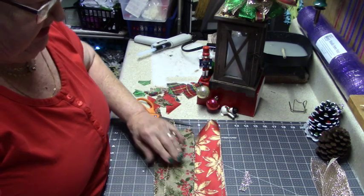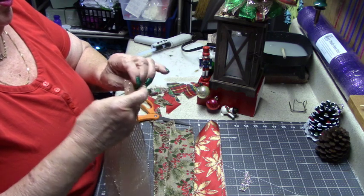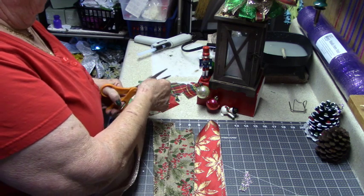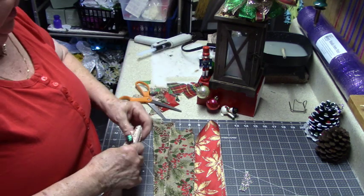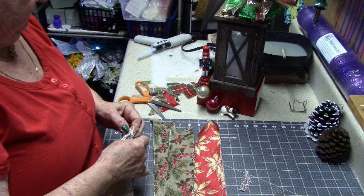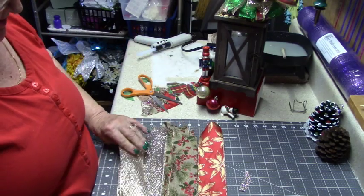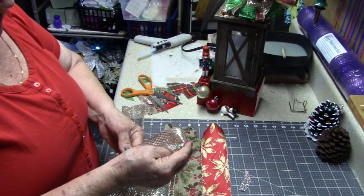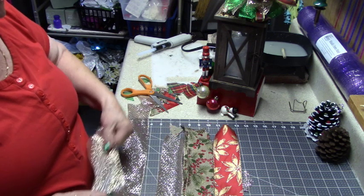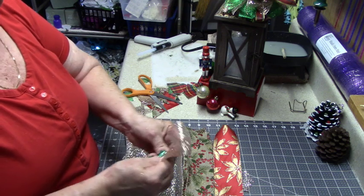Now I didn't bring the three-tiered tray down here. I didn't want to disrupt it, so I will take you upstairs when we finish this one and see what it looks like. Alrighty. Going in half. And I'm going 4 inches, pinching it,